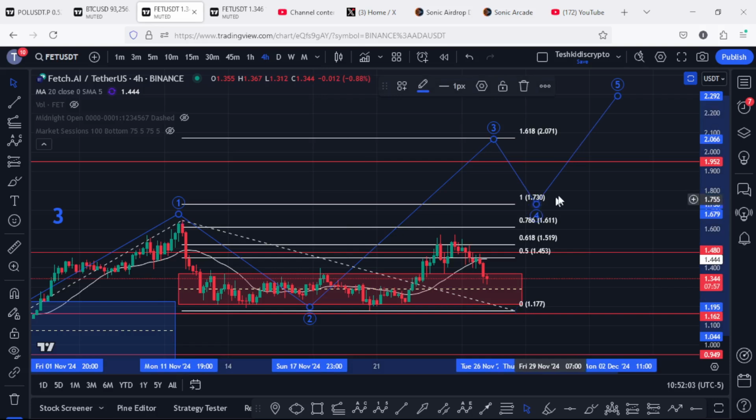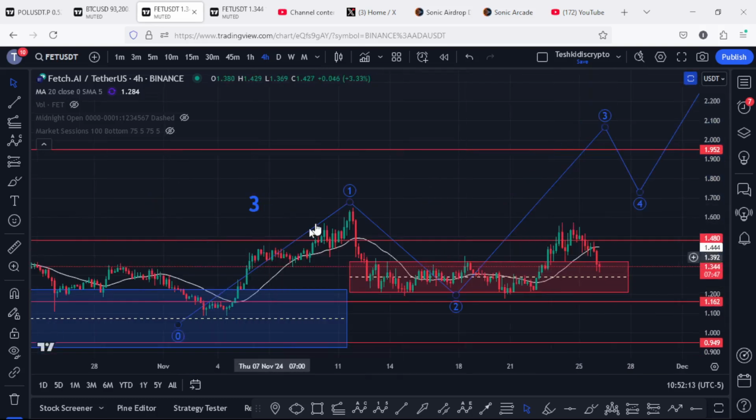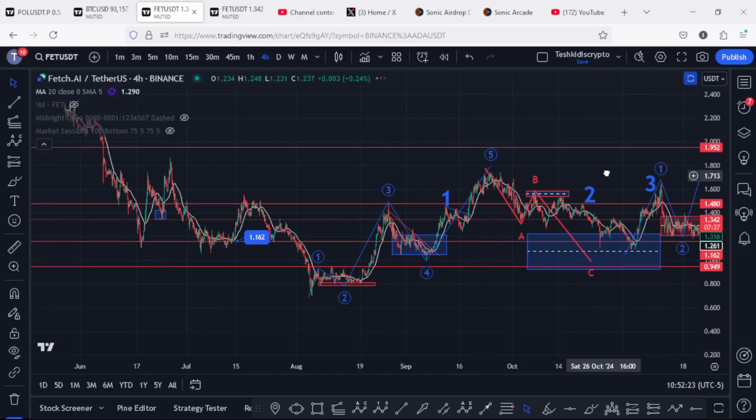Then we can expect a pullback in a wave 4 and then continue pushing even higher in an impulsive Elliot wave count 5. And this Elliot wave structure that I have on the charts in blue, this impulse will be completing an even larger Elliot wave count 3 that is better seen if I zoom out on the charts,